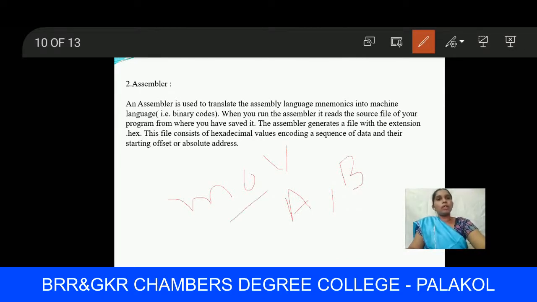Assembly language is also called mnemonics, and machine level language means binary code, that is, the hexadecimal code we need.